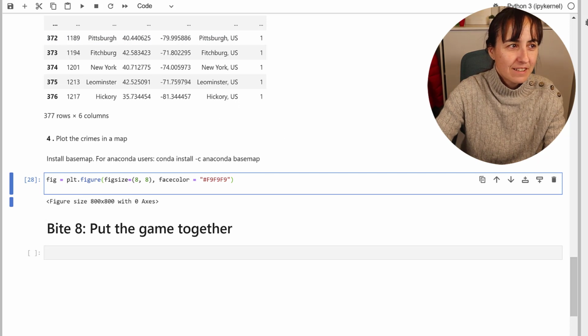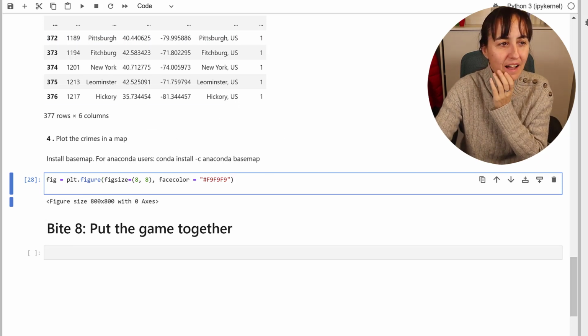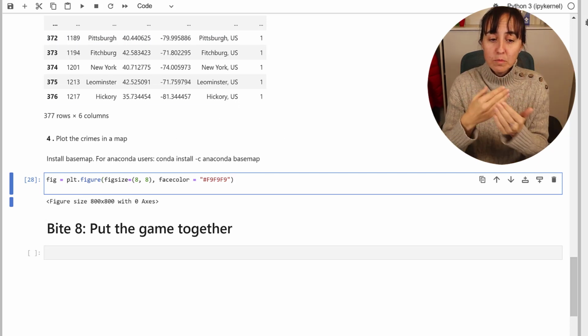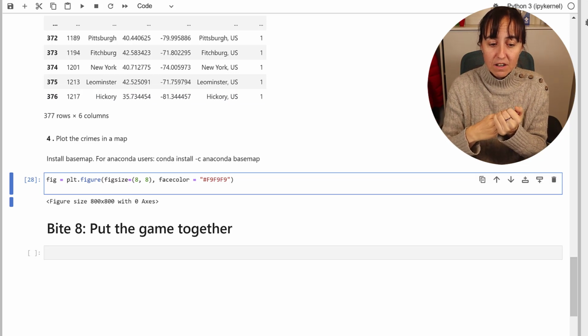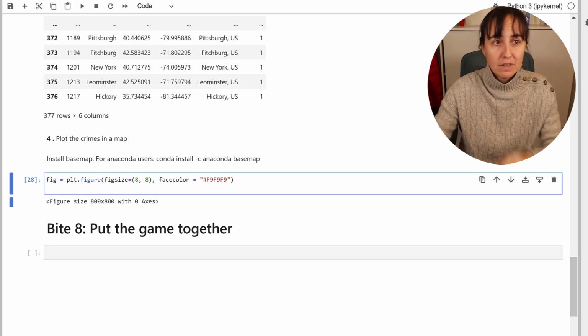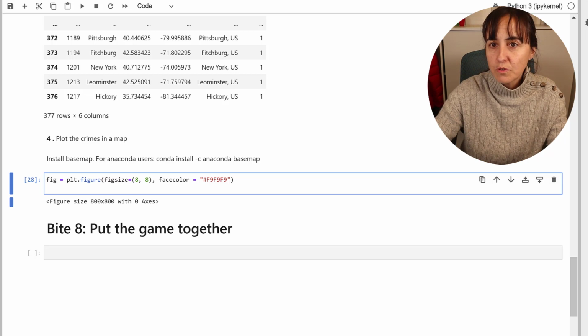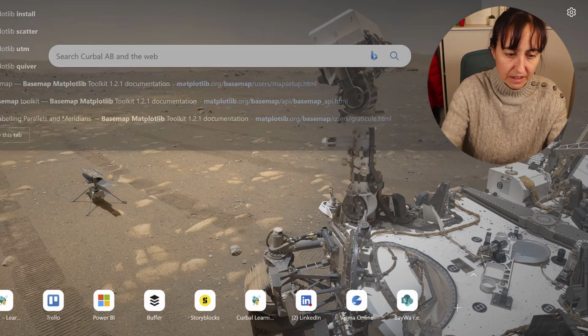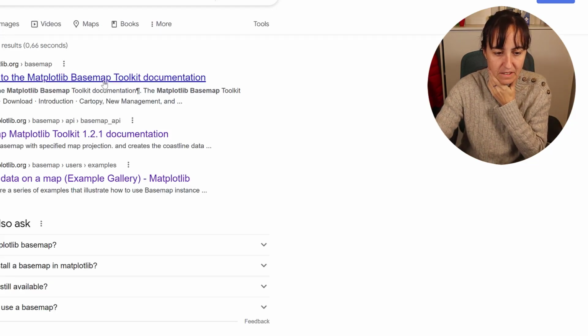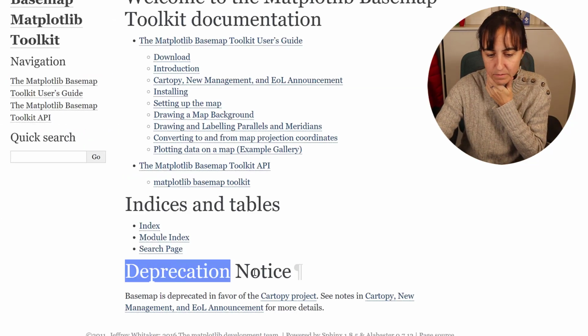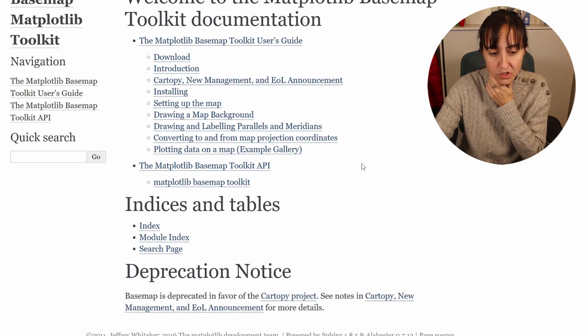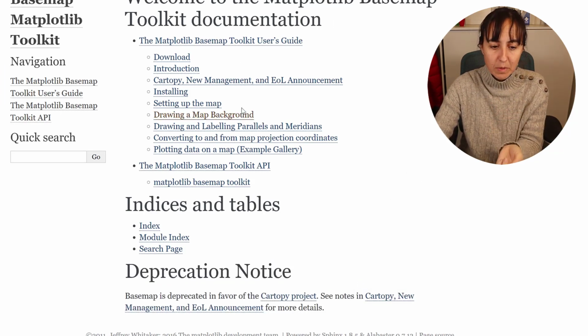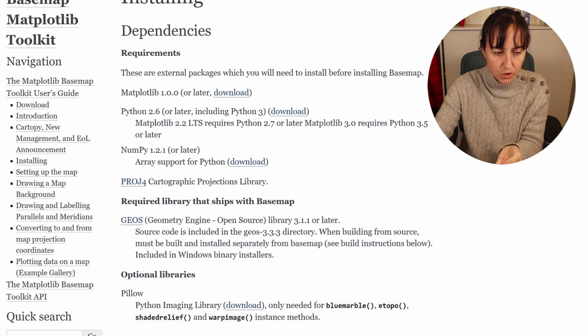So let's go back to our Basemap. We have a figure, and now we're going to put inside the figure a map. And let me show you, for Basemap, I don't have it. So Basemap matplotlib. This is the documentation. Again, this is not true anymore. They are going to change it. So this is the documentation for the Basemap. You have